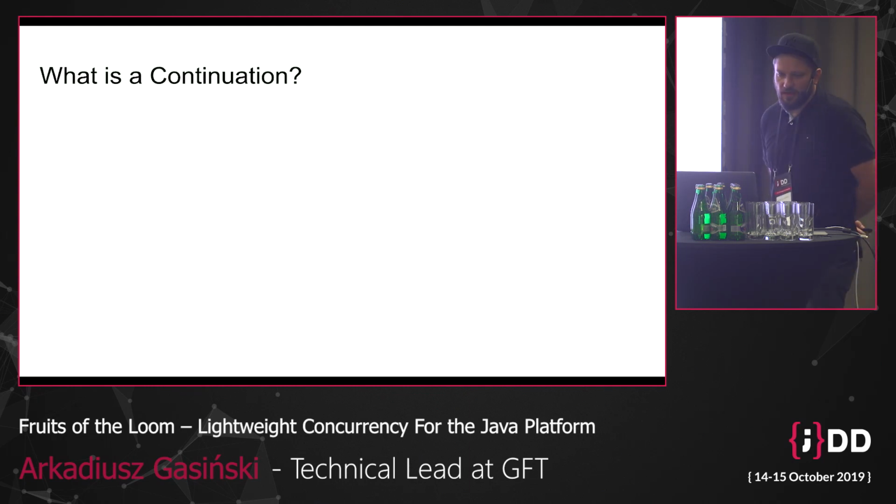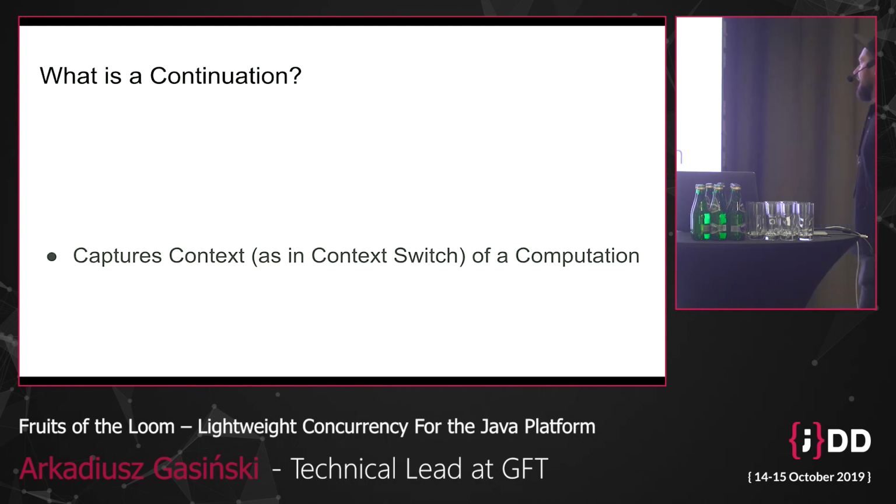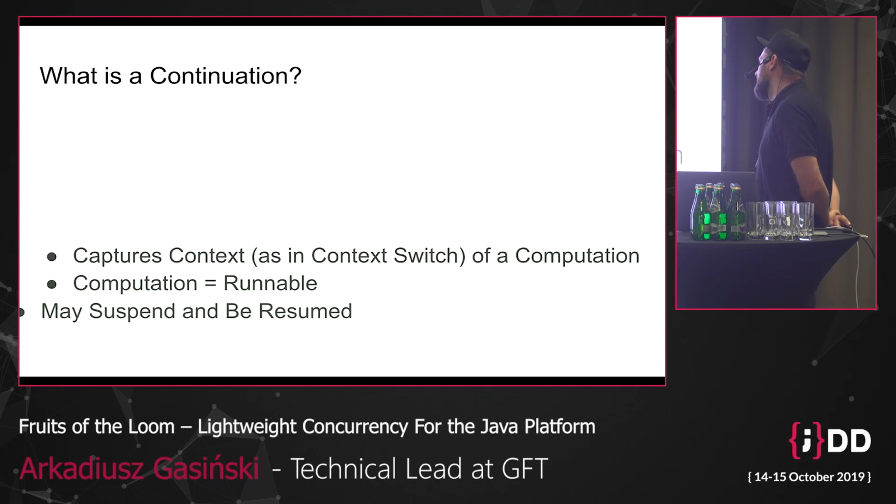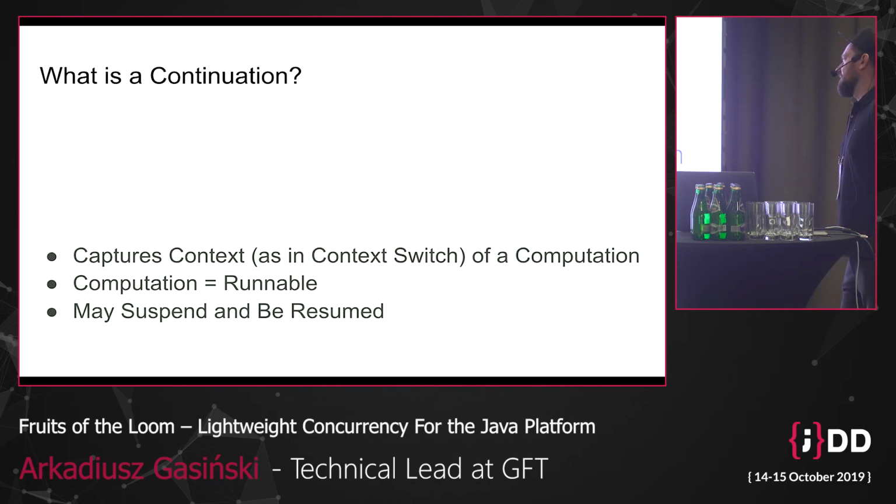This is a construct that allows us to capture the execution context, or just the execution of our computation. We provide this computation in the form of the familiar Runnable interface. And this Runnable may contain instructions that cause our computation to block. When that happens, we say that the computation should yield, so that it pauses the execution.